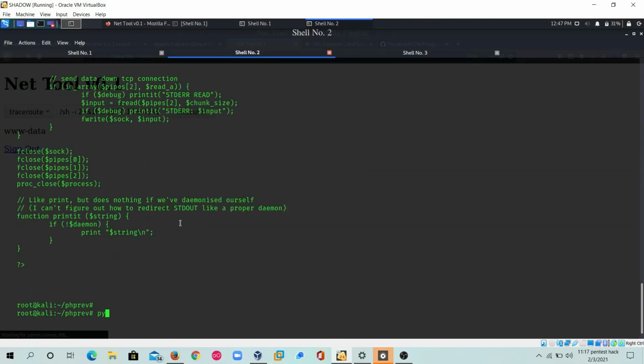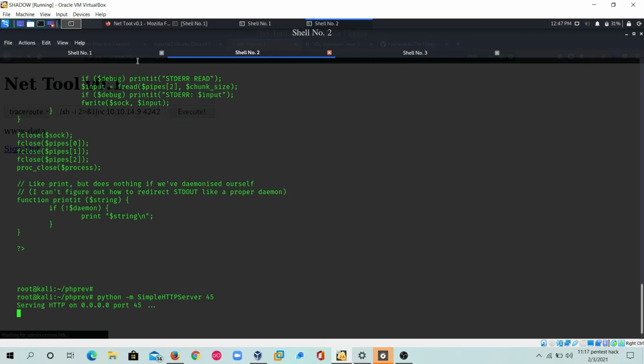So right now I'm going to start a simple Python server on the port 45.